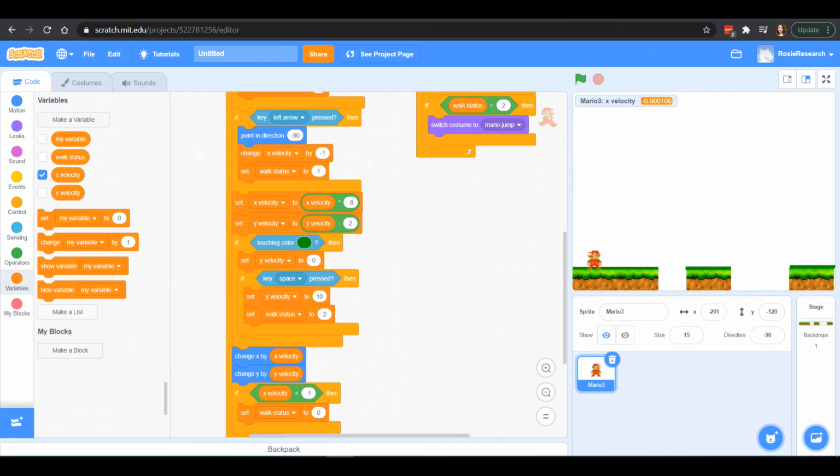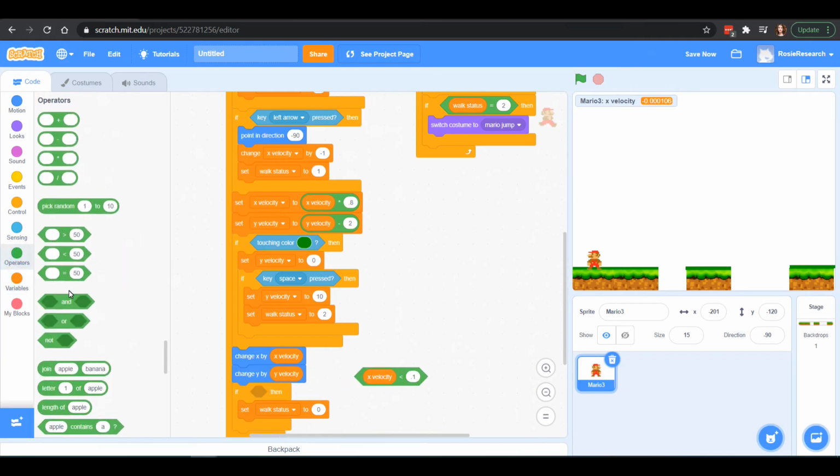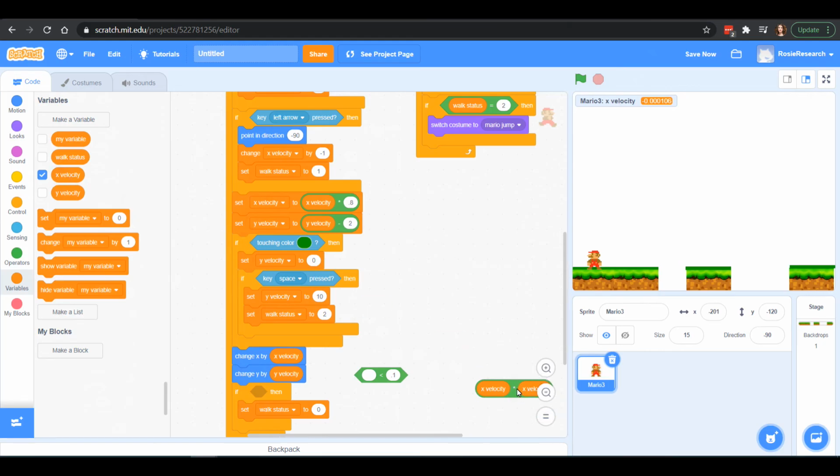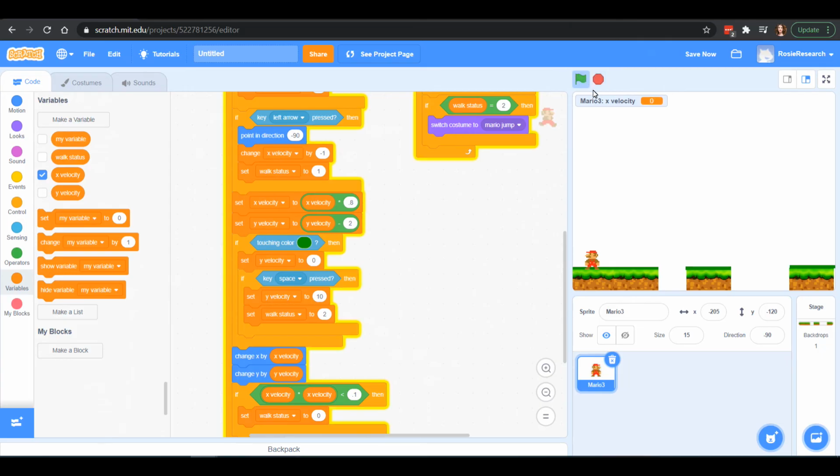Our Mario doesn't walk when we go to the left anymore because the left is always less than 0.1. Our x velocity would always be negative there. So to fix that, we can change this guy. We'll do x squared: our x velocity times our x velocity needs to be less than 0.1. We can put that in here and run our program, and he walks to the left and to the right. Now we can change this threshold if we want him to stop walking more quickly.